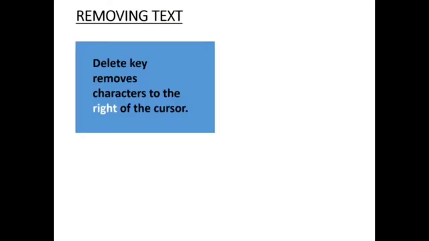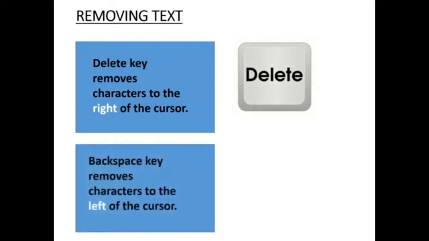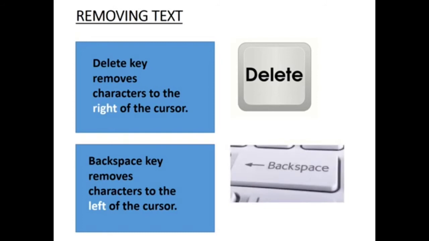So next is removing text. How to remove or delete a text? Word provides a facility to erase the text. First point is select the text. Second is press the delete key, and third one is the selected text will be removed. You can also delete text by using the backspace key. It removes the character to the left of the cursor. To delete a block of text, select the text and then press either the delete key or the backspace key.